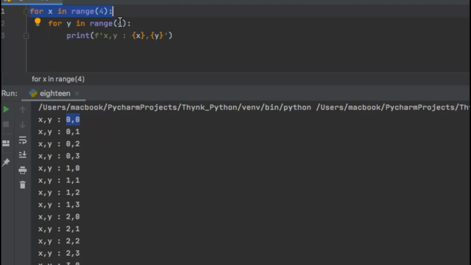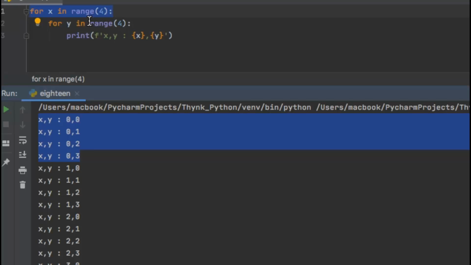Okay, so now y would be incremented to 1. So in the second line at the output terminal, we have x is 0 and y is incremented to 1. Now again the inner loop will run, so y is again incremented, so it will complete 4 iterations and we will have 4 different values of y printed here.